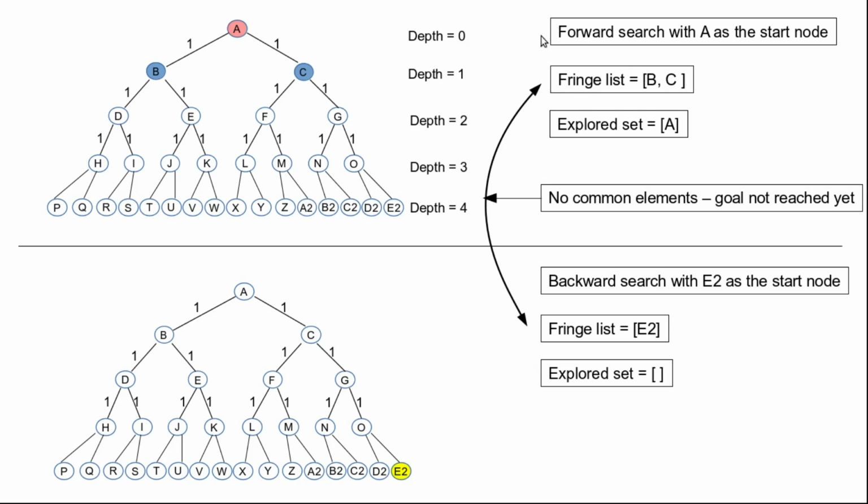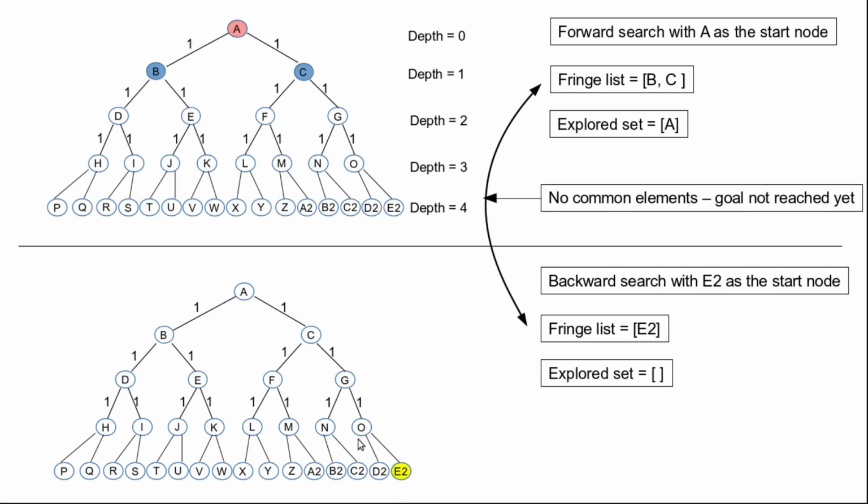For the forward search, the fringe list has the elements B and C, whereas the backward search fringe list has only E2. So there are no common elements, and whenever there are no common elements, it means that we have not reached the goal yet. So now let us perform the backward search, and when we perform the backward search, we will expand node E2,